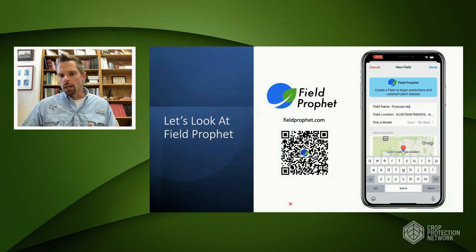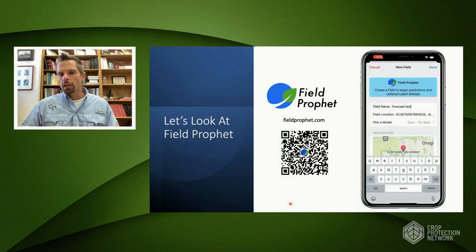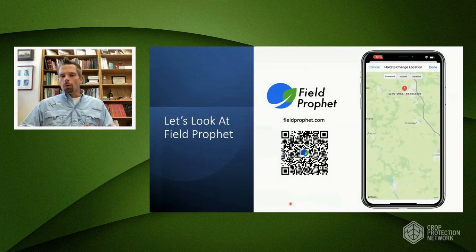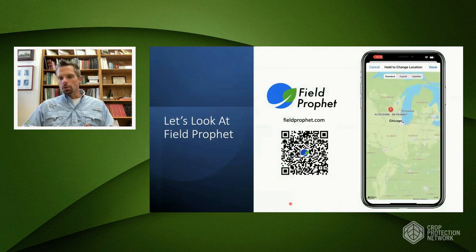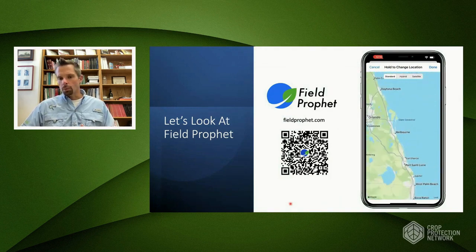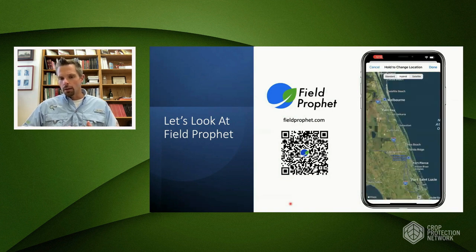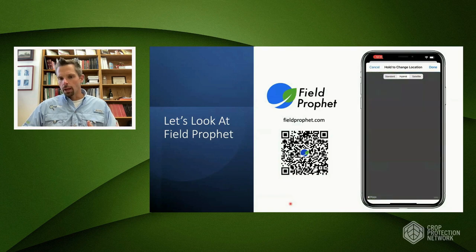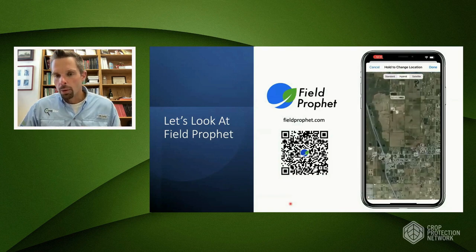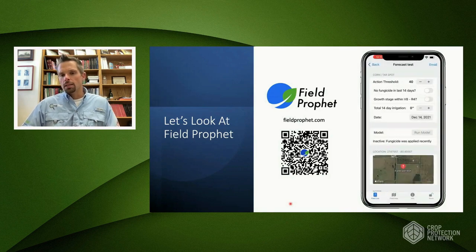So what you're seeing here in this video is we're setting up a field in our tool. This is very similar to what we do even in the freely available apps, where it hits a location, and then you can also grab a map and find a point here, a GPS coordinate point. So we're running a tar spot tool here in this view, and we're going down to Florida because it was in the middle of winter when we developed this. So we set our GPS point, and then we're going to hit run here, and we get an instantaneous